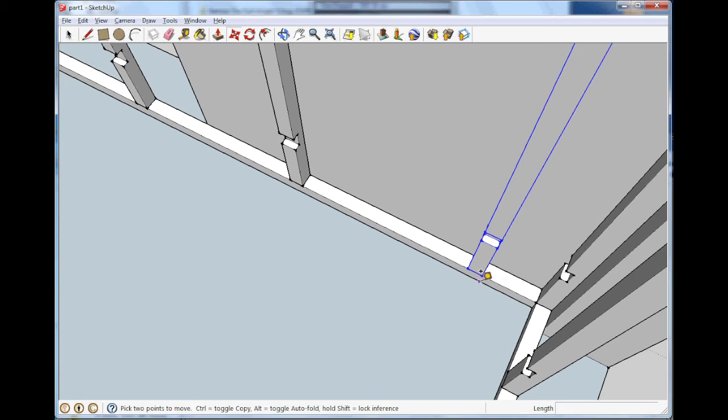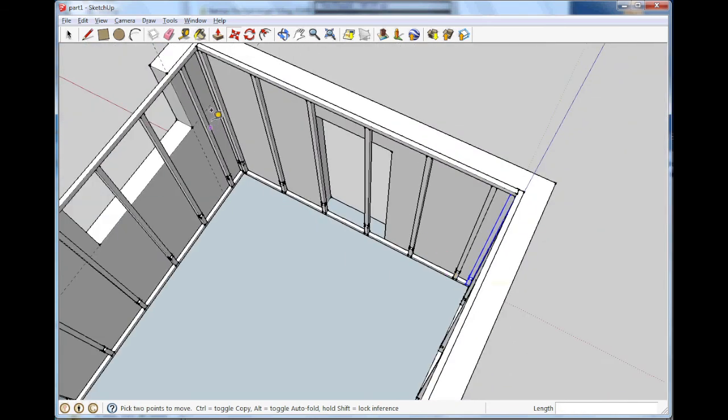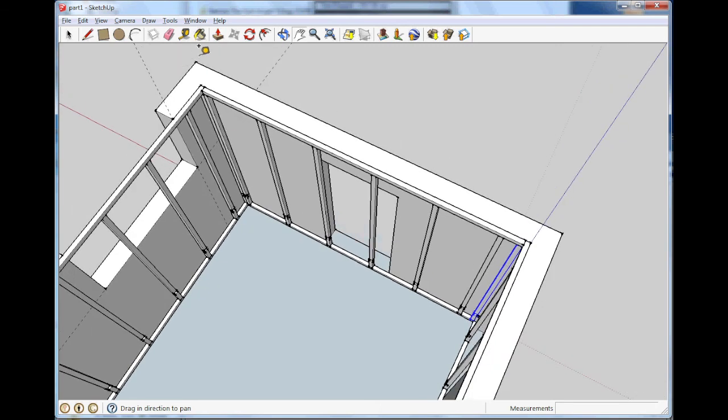M for move, control brings up copy, and we move it over there. Now we have all the ones we need. So we try again, spacebar to select,